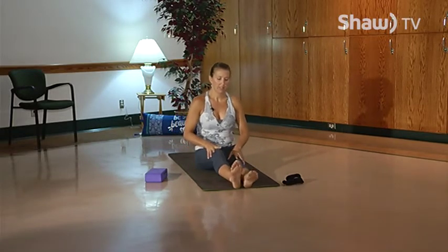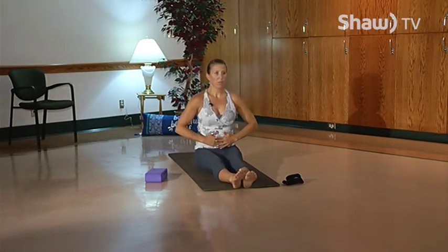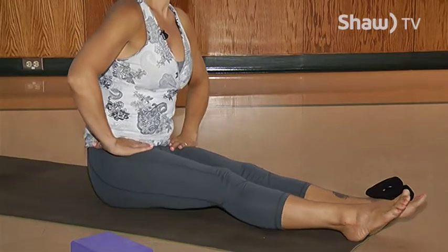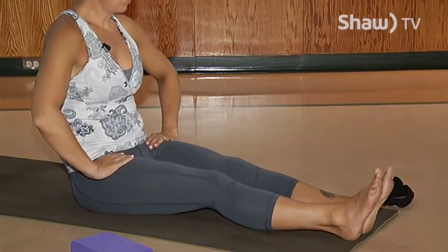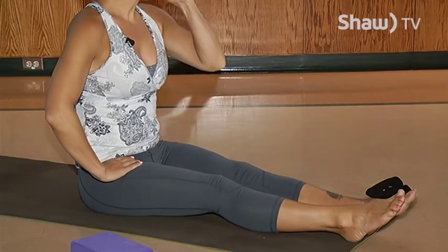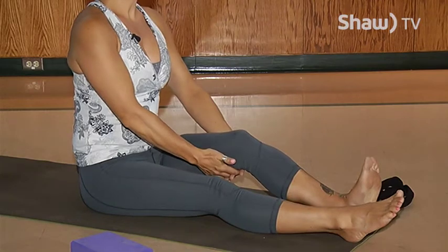Now as we extend the legs, the heels should be close to the top of the mat. Your hips are still centered. We're going to do a little bit of core here, so we want to keep our sits bones on the mat. We don't want to cave into that lower back. We want to stay as tall as we can. So picking the level that suits you the best, take your hands behind your left knee, keep your posture nice